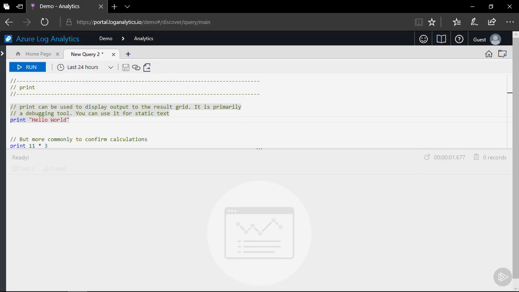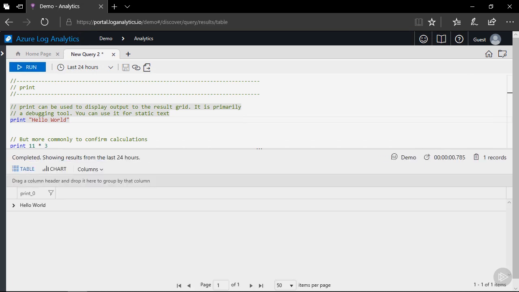Some may not consider print to be, in the strictest sense, a scalar operator. However, it is so incredibly useful when working with scalar operators, we've decided to include it in this section. Print is very straightforward. You simply use print and give it whatever it is you want to print. And when I execute this query, in the result area, it simply gives back what I asked for, print hello